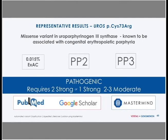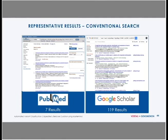Veritas, are utilizing Mastermind to make some of these determinations. So let's highlight some of those results for this particular variant. For PubMed, there's 7 results. PubMed, as you may know, only searches through the titles and abstracts of these references. And so in our own work, across many millions of references and many millions of variants that we've identified, that